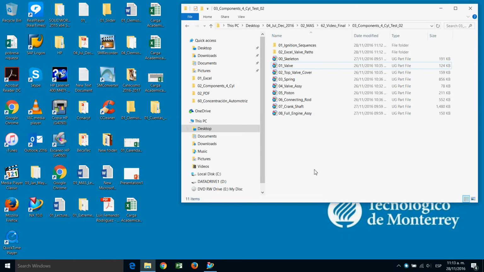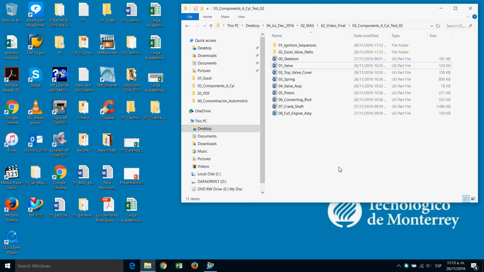Hello, today we are having a full simulation of an engine. In this case, we're going to have a four-cylinder engine simulation. A very important part here is that it can be applied to 6, 8, or however many cylinders you want to have. The method is just the same. And you can also use the sequences of explosion of the cylinders according to the file I'm going to be